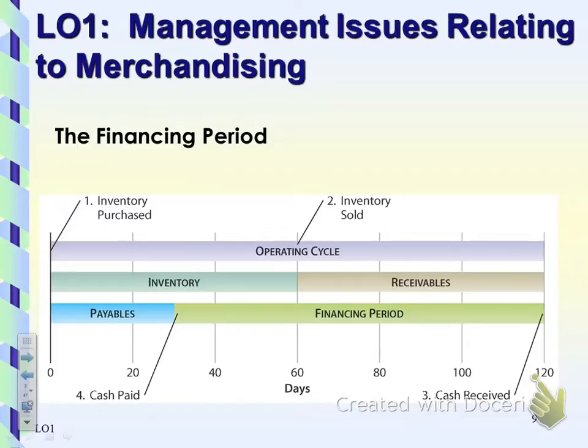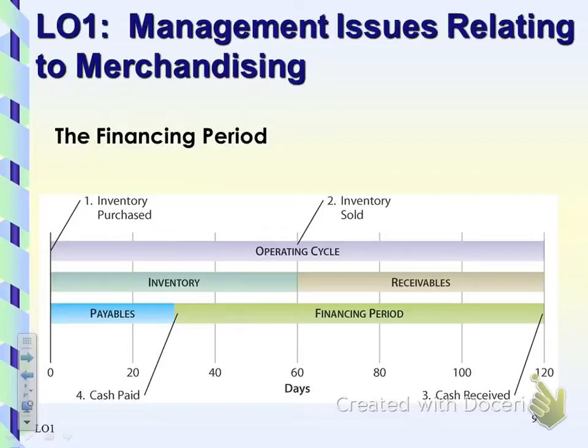And then this difference is the financing period. It's the difference between when we purchase our item and when we pay for our item, which may be before we actually collect our cash. So a lot of businesses during that financing period use what we call a short-term line of credit that helps to manage them through that cycle. It helps them to be able to meet their needs for cash before they collect their receivables.